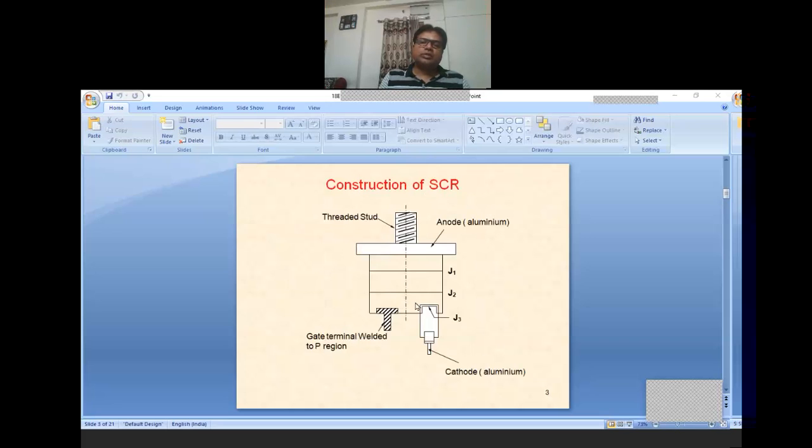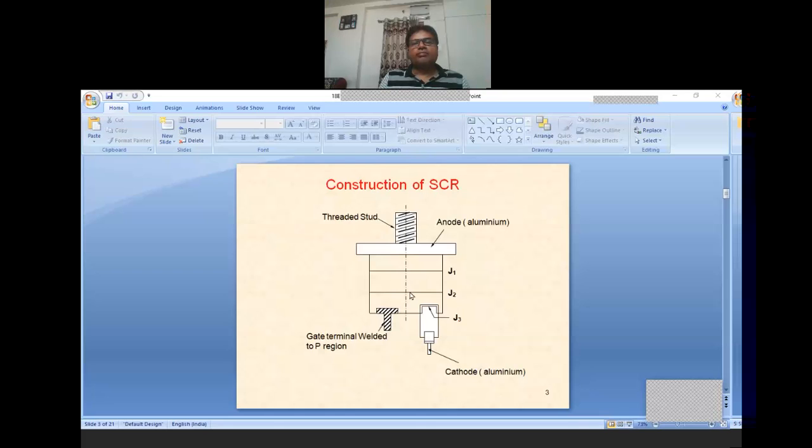Because of the least doping of the inner P region, the junction J2 will be able to block more and more forward voltage. The width of the junction J2